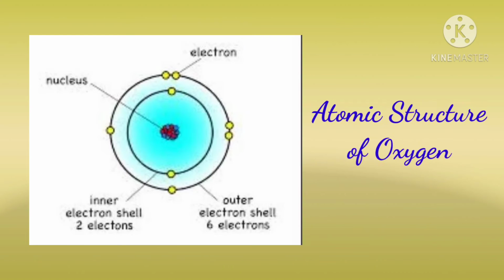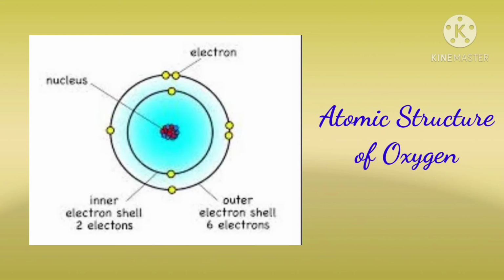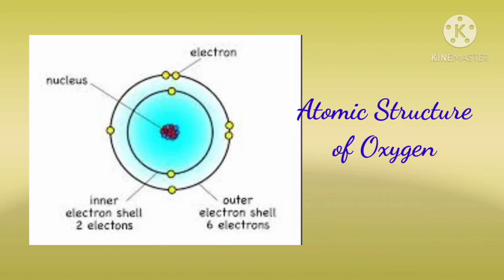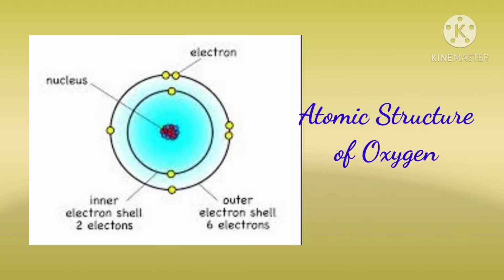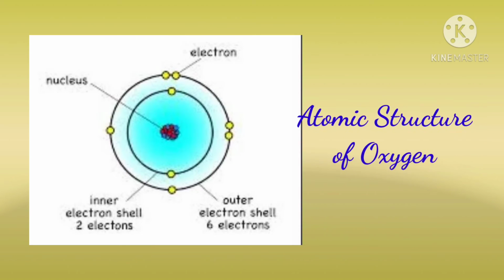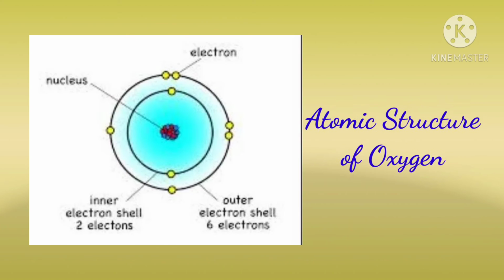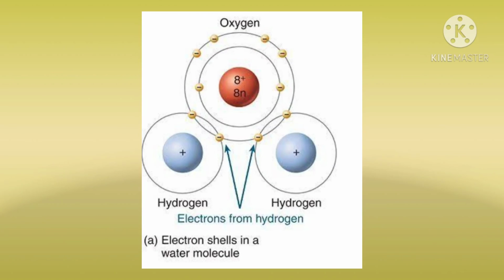If we look at the figure of atomic structure of oxygen, it doesn't have 8 electrons in the outermost shell. So now the question arises, how will it achieve its stable state or octet state? My dear children, the oxygen can borrow or share electrons with the atoms of other elements and can acquire stable